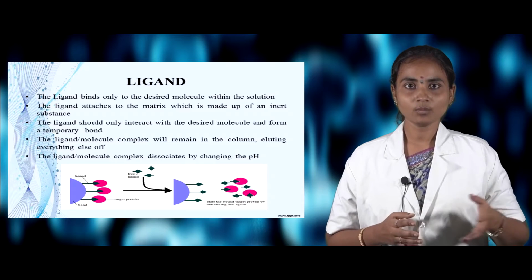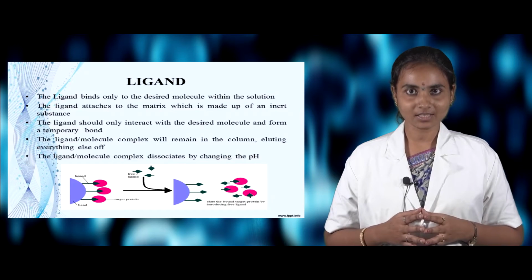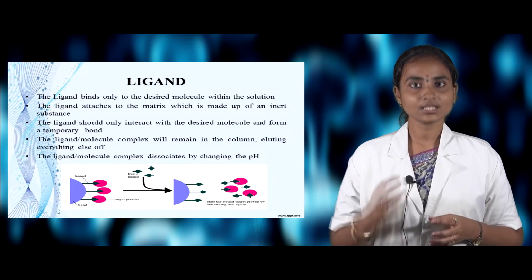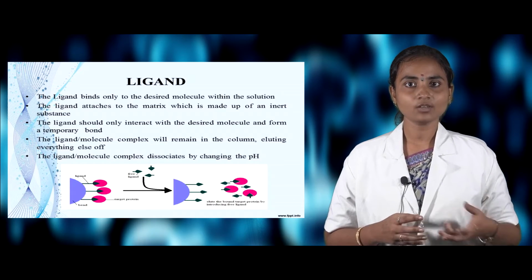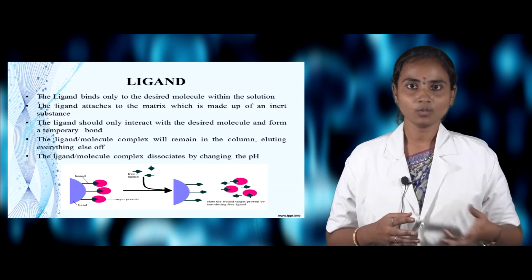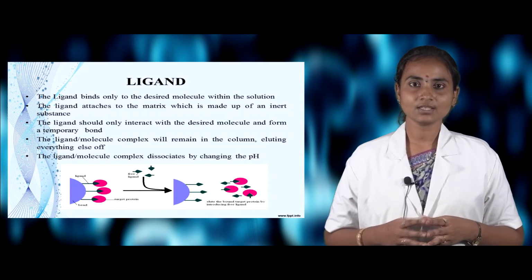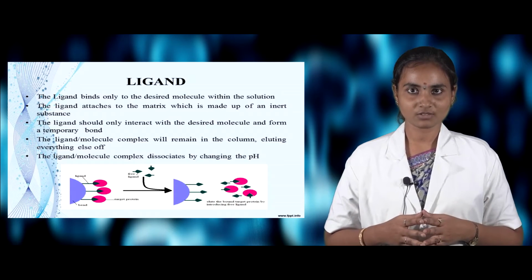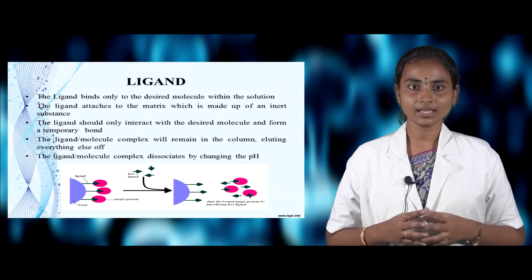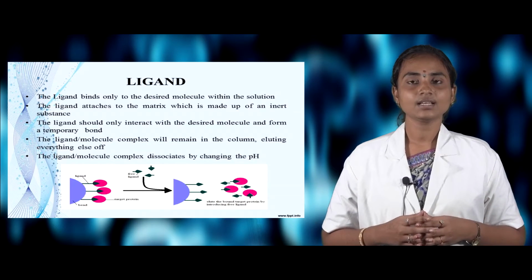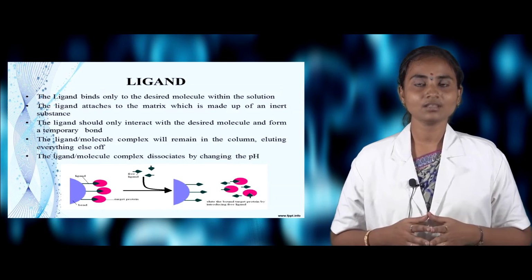By forming this ligand molecule complex inside the column, the target molecule is retained inside the column for a certain period of time. So this can be eluted out using elution buffer. Meanwhile, the undesired compounds can be eluted off through the washing buffer, and this ligand molecule complex can be dissociated by changing the pH, temperature and salt concentrations. This is shown with the help of a diagrammatic representation, where the bead surface and the ligand are highly complexed with the matrix, and this can be eluted by introducing free ligands.